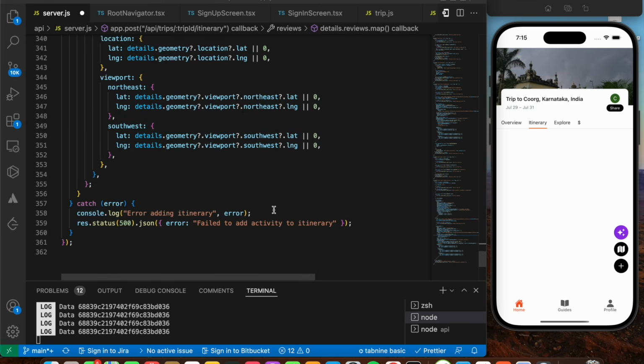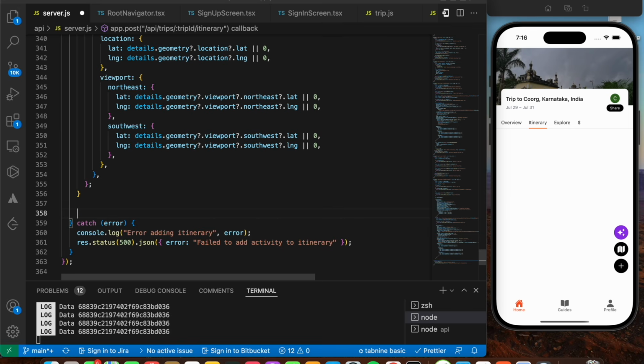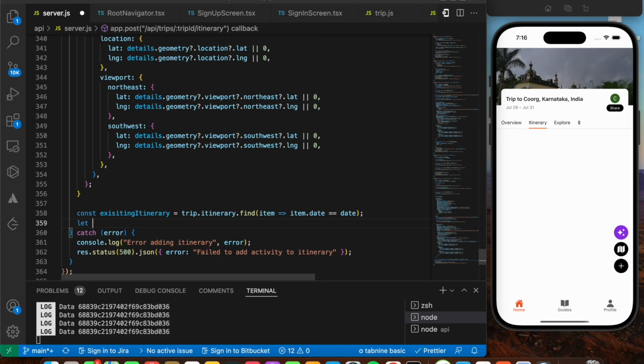Okay, that's it. Now the next step is, first of all, we're going to check if at all the existing itinerary is there or not. So here I'm going to say const existing itinerary is going to be equals to trip dot itinerary dot find method for every item. It's going to be equals to item dot date should be equals to date. Okay, here I'm going to say let updated trip,